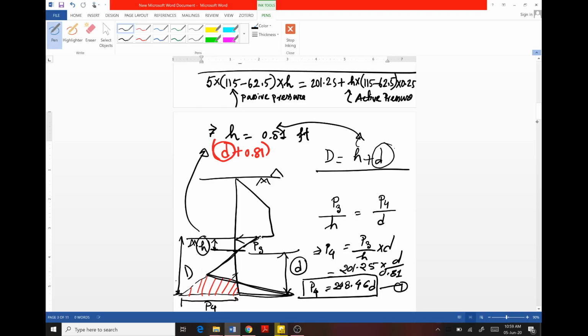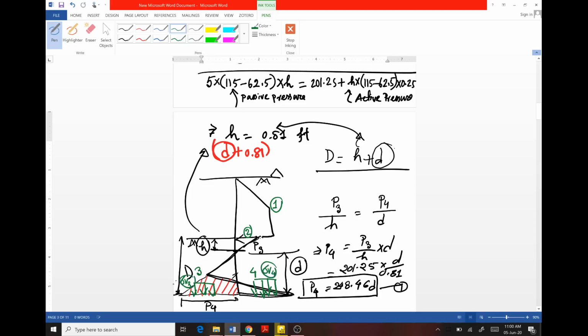Now we will determine the overburden pressure. Let's take the green color for your understanding. At this level and at this level, let's take it as 0.3 and 0.4. That was 0.2 and that was 0.1. At level 0.3, the effective overburden pressure is sigma V3, and at level 0.4 the effective overburden pressure is sigma